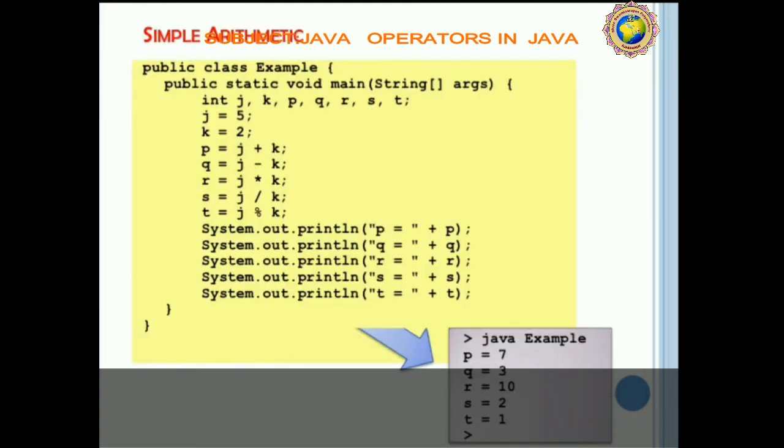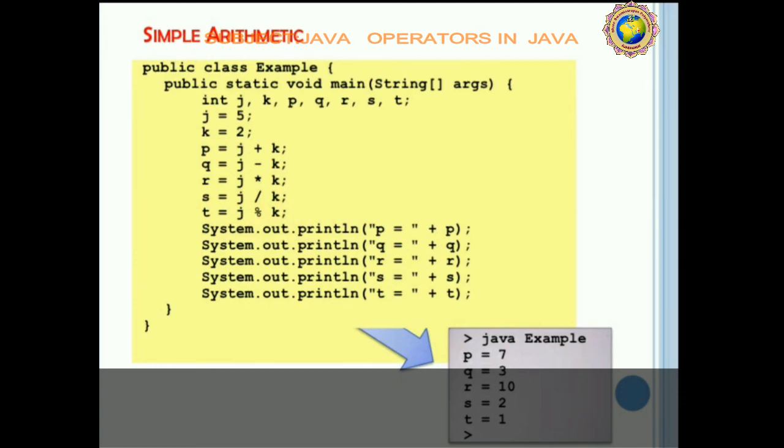The next is a simple example of arithmetic operators. These are the variables j, k, p, q, r, s, t, and we assign the value of j as 5 and k as 2. Now we perform the arithmetic operations plus, minus, multiplication, division and modulo. p = j + k, q = j - k, r = j * k, s = j / k, and t = j % k.